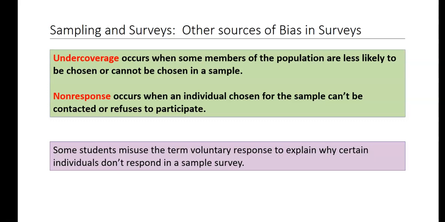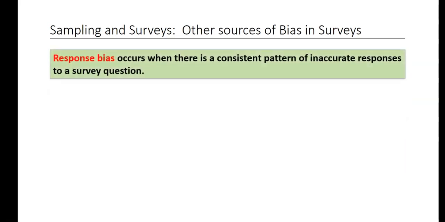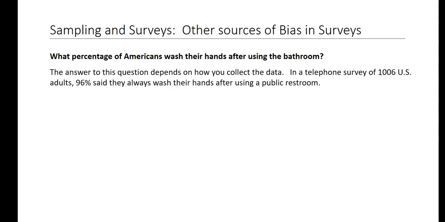So be careful with non-responses, when people are called up on the phone or emailed a survey and they don't take it. That's different than voluntary response. Response bias happens for sure when you want to please the interviewer, the person who's asking the question. You want to, so in this case,